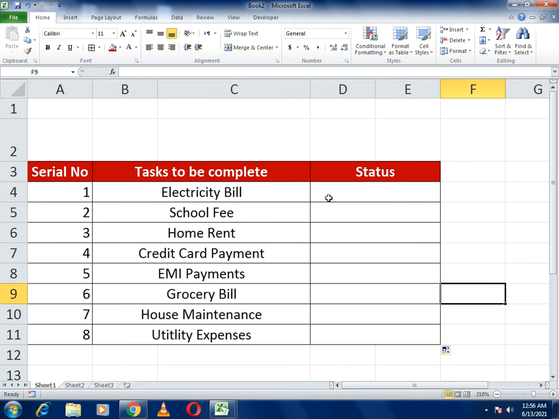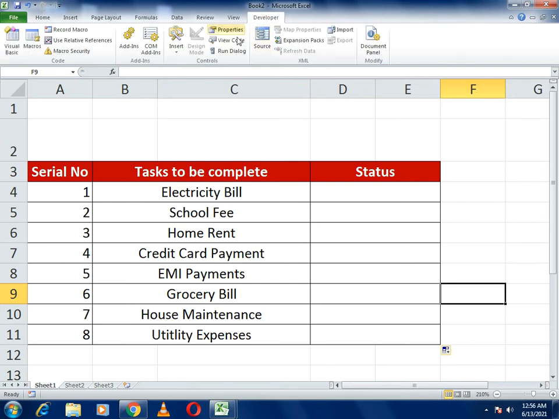Now what we have to do is put here the symbol with which we can mark our tasks. So how can you get the sign with which you mark the tasks? You have to go to the developer option in the menu. You can see here home, and next to home you can see the developer option. Go there, and in the developer tab you can see insert. Go here and select this tab, and then put it here and you will get the mark.